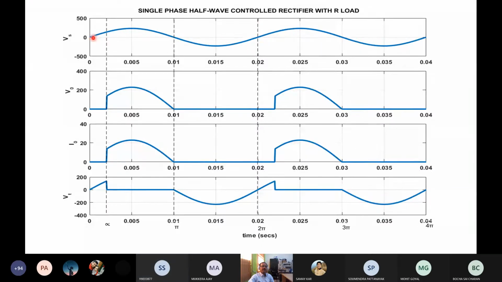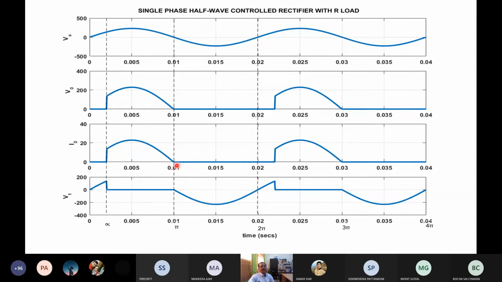So during the positive half cycle, 0 to pi, the thyristor is forward biased. So at some angle alpha, this is alpha, we apply the gate pulse. Immediately, this portion will be cut and the supply voltage will appear across the load. Before that, voltage is 0 and current also is 0. The current magnitude is V naught by R, in the same phase. It will be some magnitude, but the magnitude will be less than V naught.